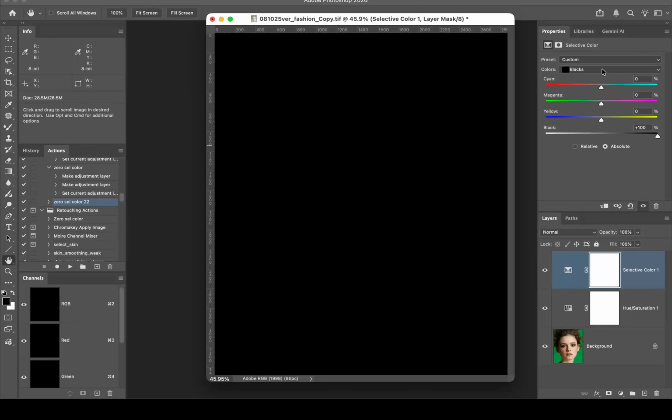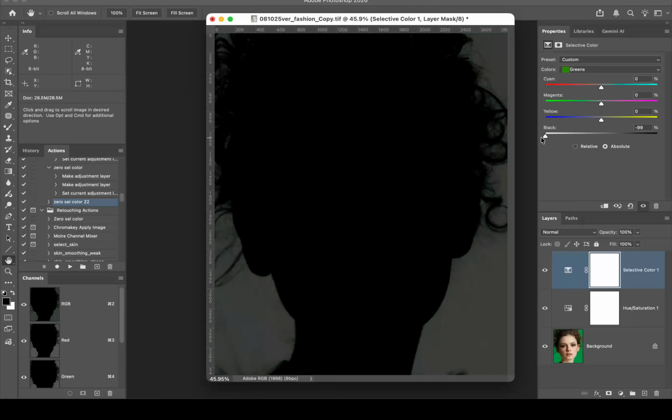So then I'm going to come up to the drop-down menu again, and I'm going to go up to greens. Then I'm going to take that black slider, because right now I'm filling all of my greens with black ink. But if I take this slider all the way to the left, I'm actually filling it with white ink. Now you'll see that the background certainly got lighter, but it didn't get white. The reason it's not white is because it's not a pure green. So that's why I have this hue